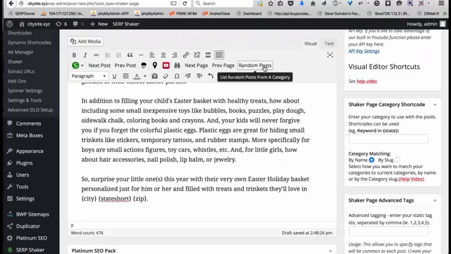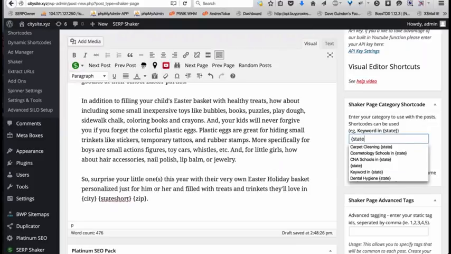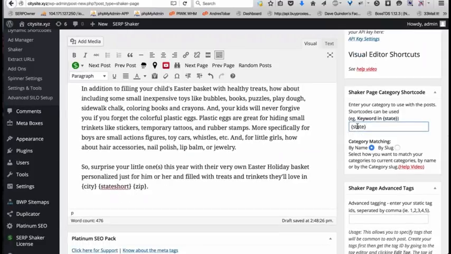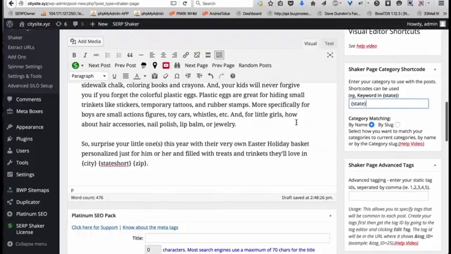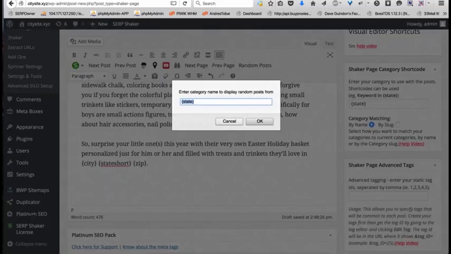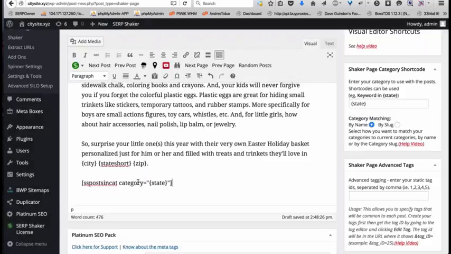But the random posts are based on a category. So I've got to make sure that I set up a category for my post here. I've just been using the category as state, so that we end up with the 50 different categories for the states, and every city will be associated with the correct category. So now we add the random posts based on state. We also have a feature where you can add a Google map, the weather, or a YouTube video, but I'm going to be using Index Assault on this, so I don't need to worry about the YouTube video because Index Assault will add that for me.